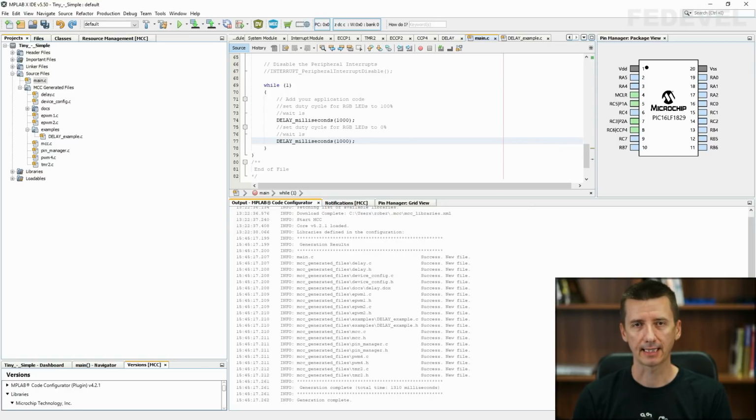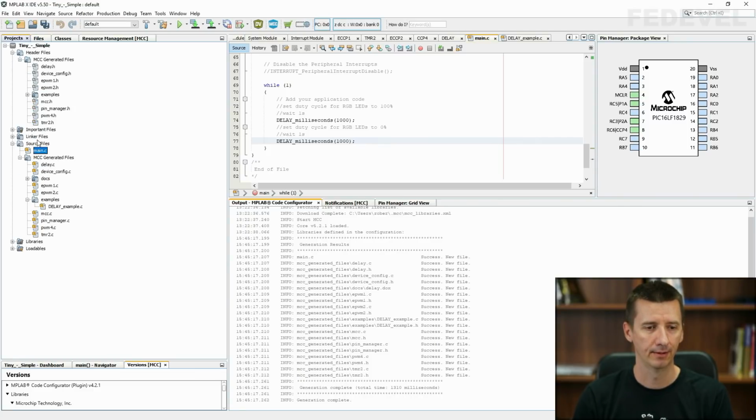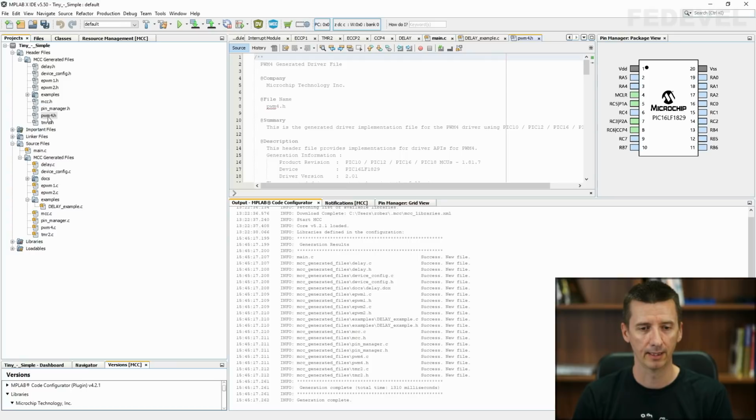We don't have any examples about how to use PWM modules, but we have these header files. Go inside, open, for example, this PWM4 header file, just double click. And inside of header files, you will find all the functions which you can use with a specific module.